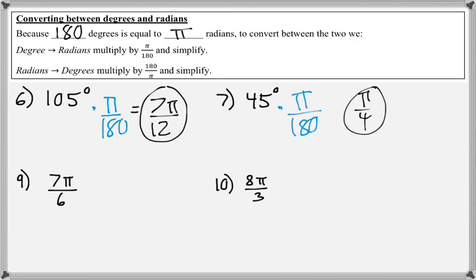Okay, so the other direction, starting out with radians and going to degrees, I want to multiply by 180 over pi. Now here we can see that the pi's actually cancel out, so you don't need to worry about whether to put it in the calculator or not. So they cancel out. So 7 times 180 divided by 6, and we get 210,